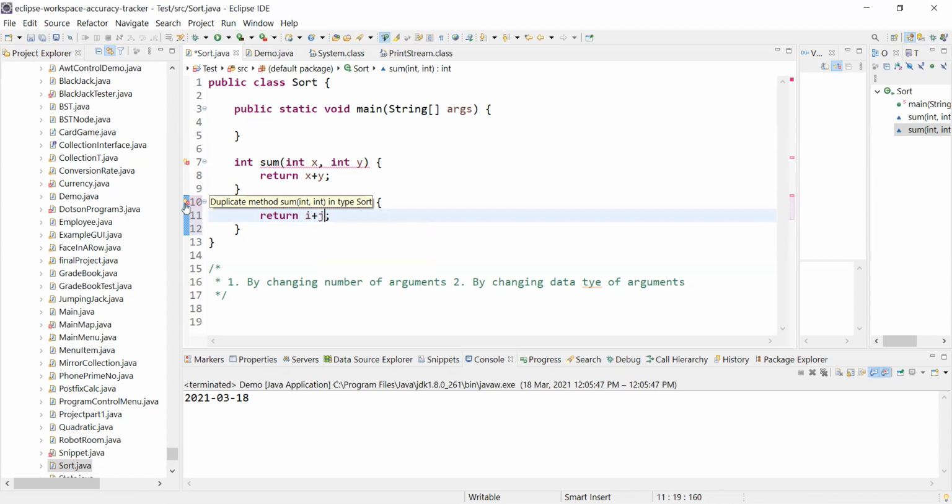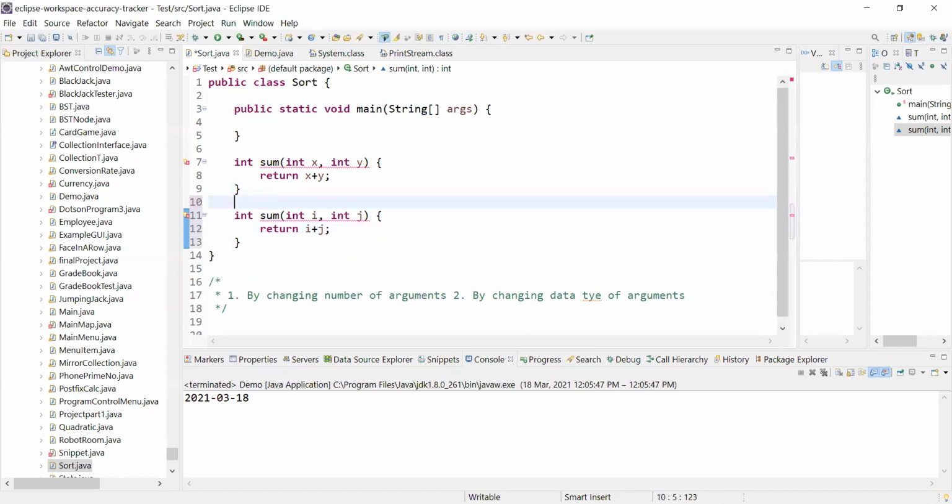Duplicate method sum int means we have already defined a method with the same signature. So when I want to call a method later in the main method, how will we decide whether to call this method or that method? That's why duplication is not allowed. So what we can do is add int j. Now you can see the number of parameters are different.